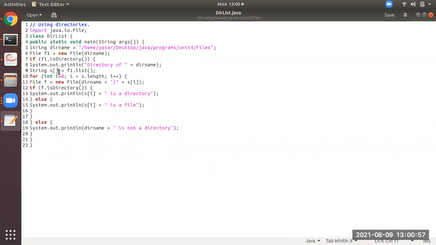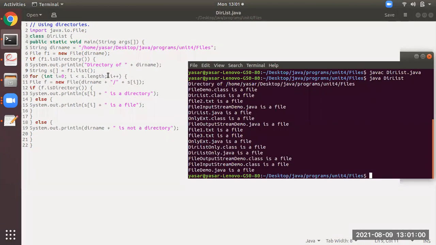Now, to display them, we can use a for loop. At the 9th, 10th line, you see a for loop is used, i equal to 0, i less than s.length. S.length means how many files are there, that will be the value of s.length. And according to that, the 11th line takes s of 0, the 0th position, which stores the name of the file.